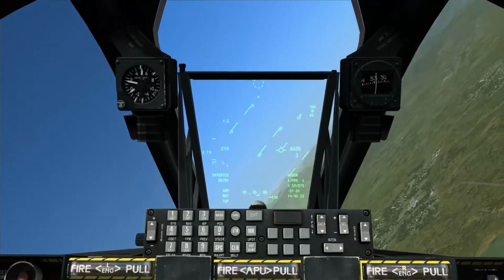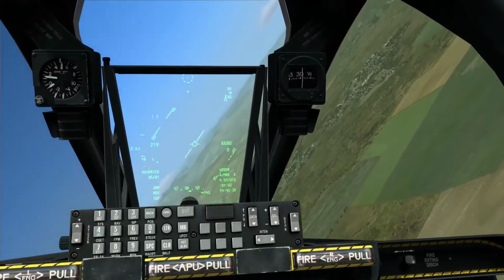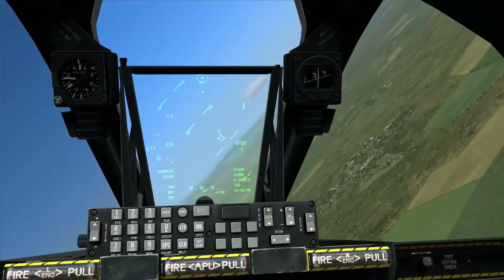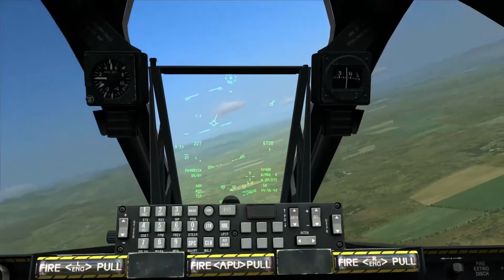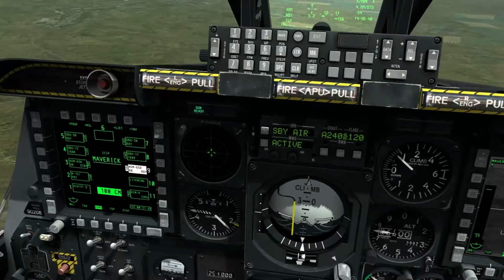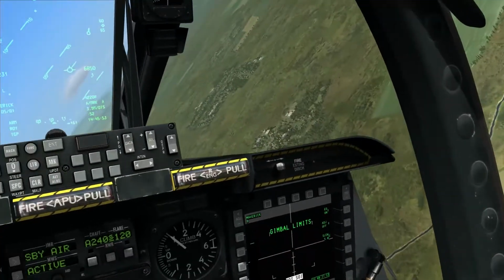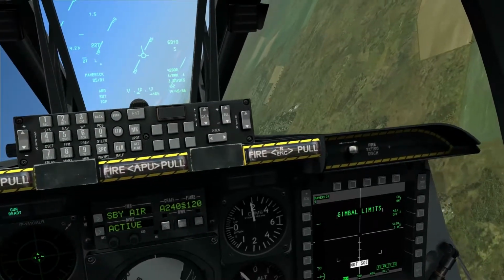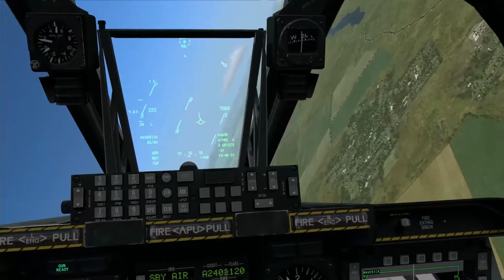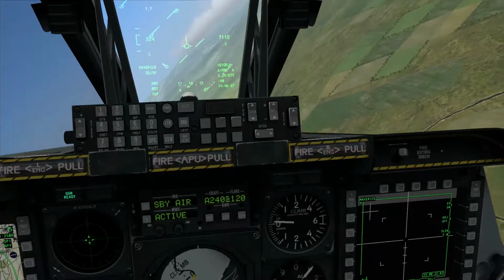And with my mark point selected, let's see, how far are we from this target of mine? 3.1, 3.2. Okay, I'm turning towards him. So I'm going to hold down K to make my Maverick SOI. I'm going to turn towards the target. I'm going to hold down V to slew it to...